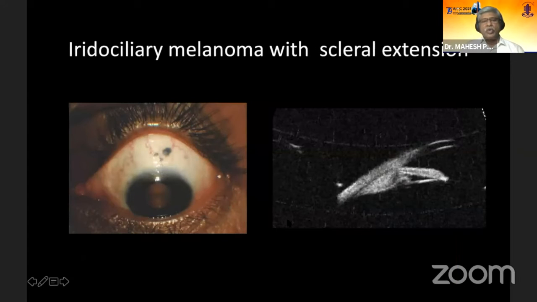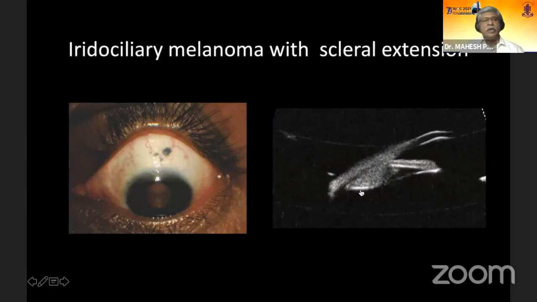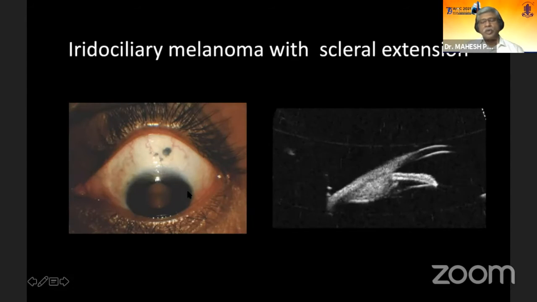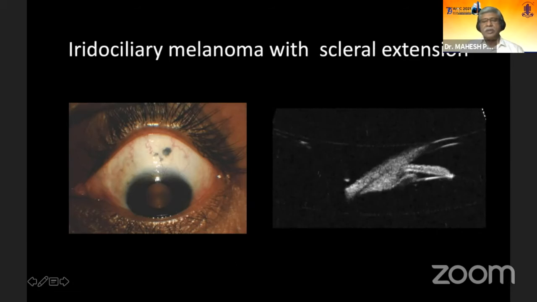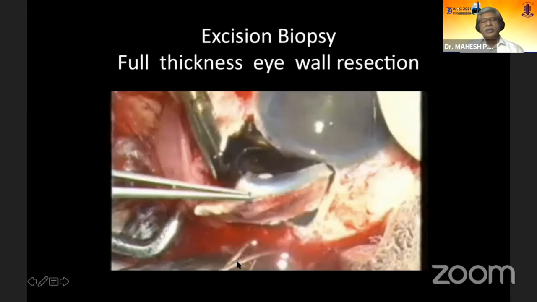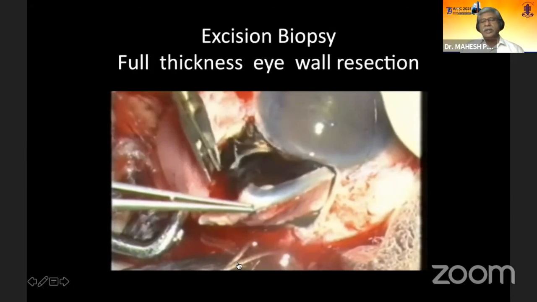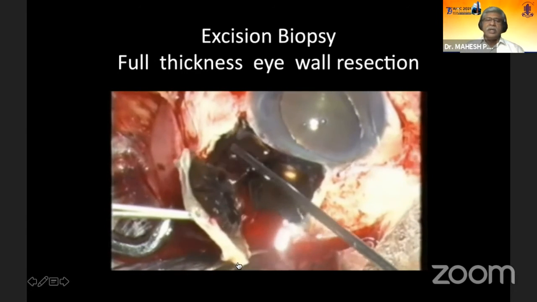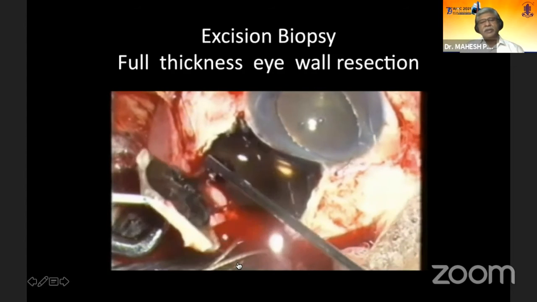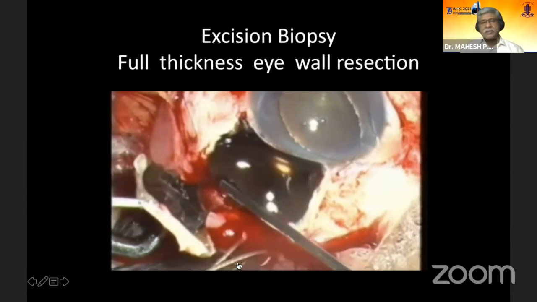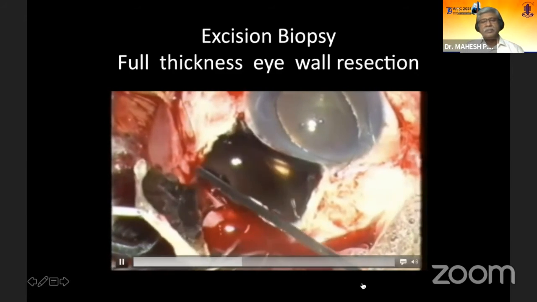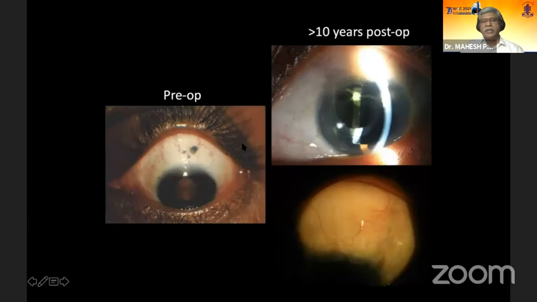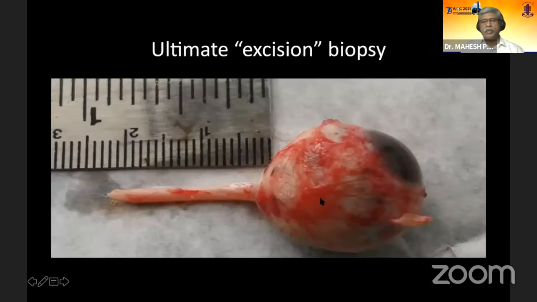So this was another patient who had this subconjunctival nodule. Actually, what he had is a melanoma, a very small melanoma which had grown in the subconjunctival space through the sclera. So here we had to do a full thickness eyewall dissection. The overlying conjunctiva, the sclera, and the mass was removed, and we put a scleral patch graft and closed the eye. So that's the end of the surgery, and he continues to retain the eye with very good vision.